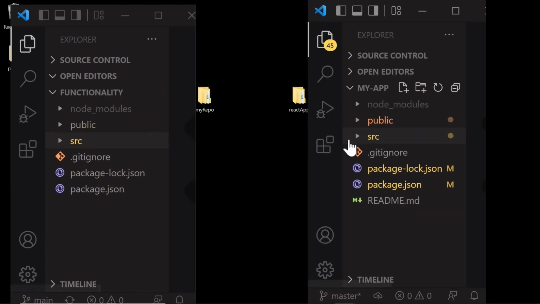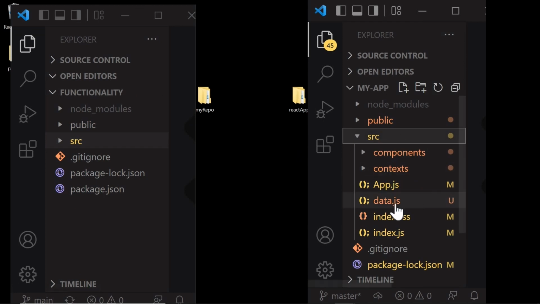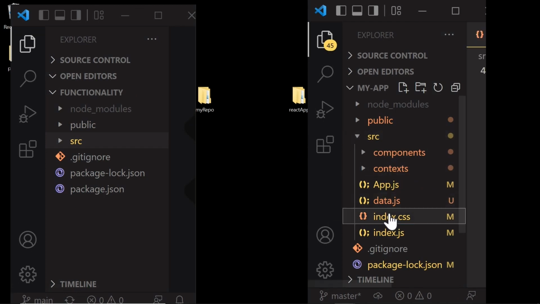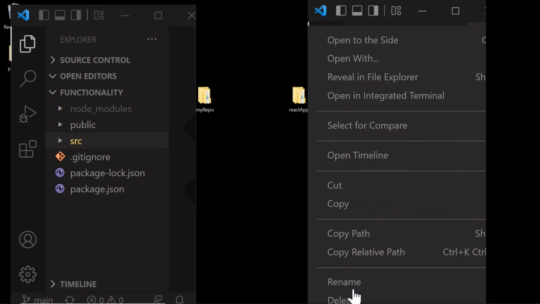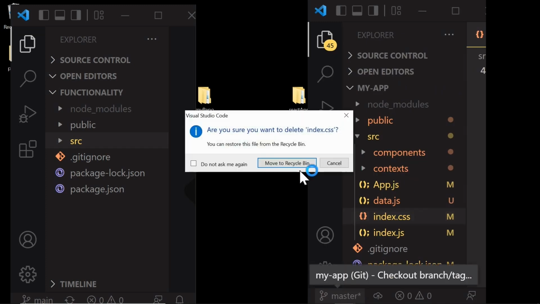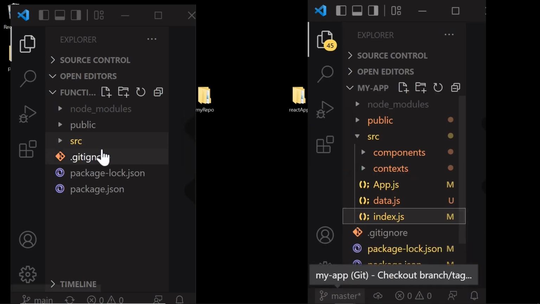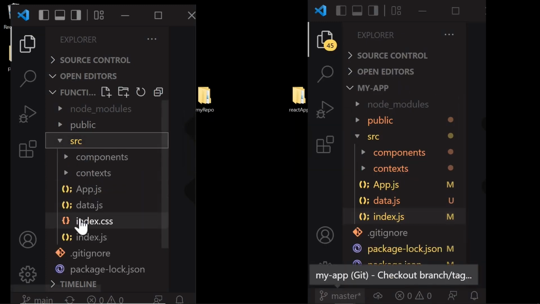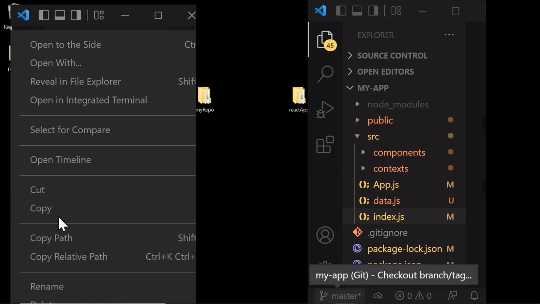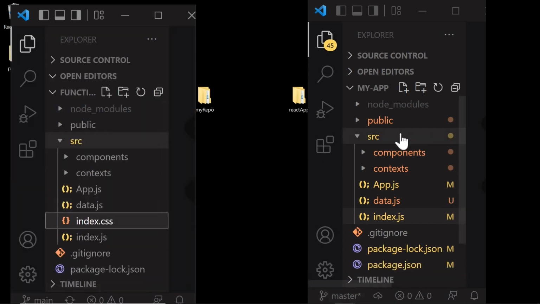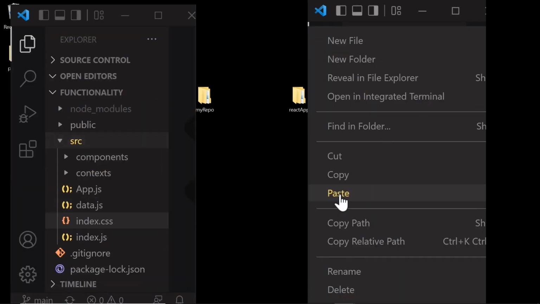Then head over to the source folder and delete the index.css file. Then back in the repository source folder, copy index.css, paste it inside the source folder, and replace the index.css file